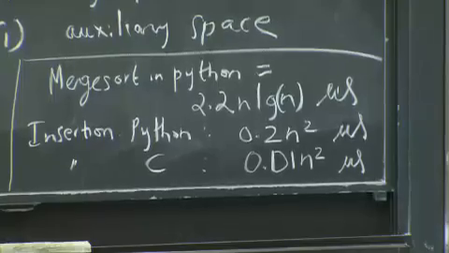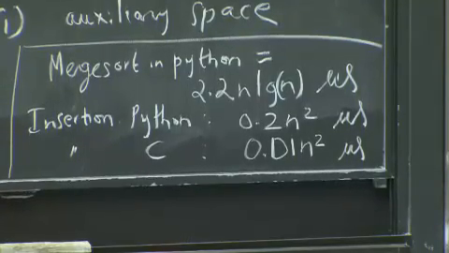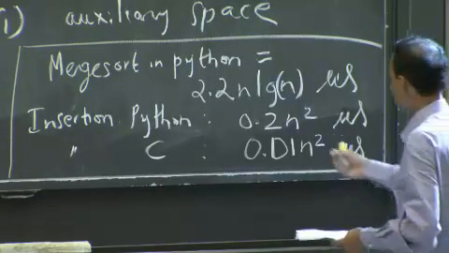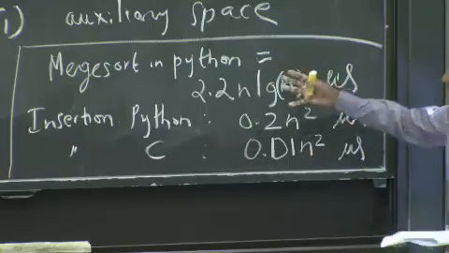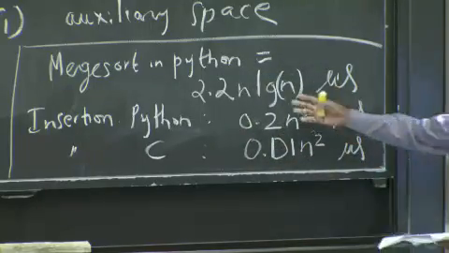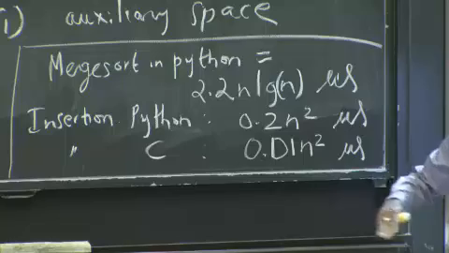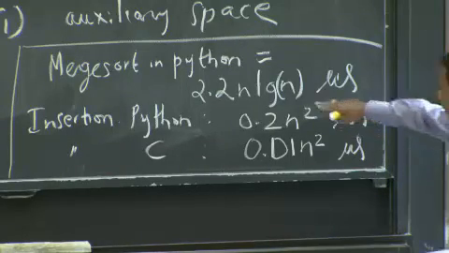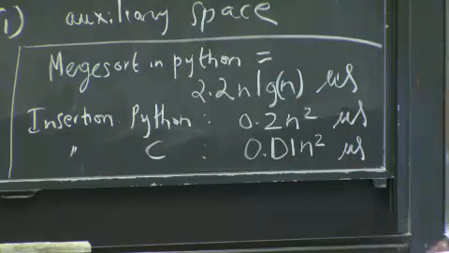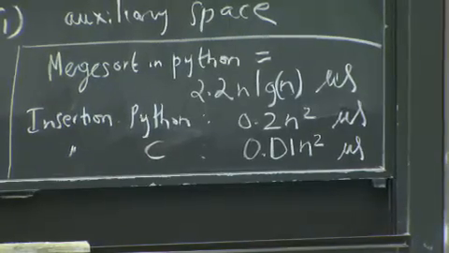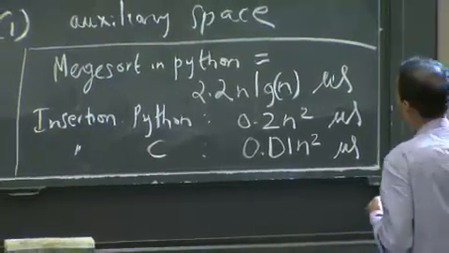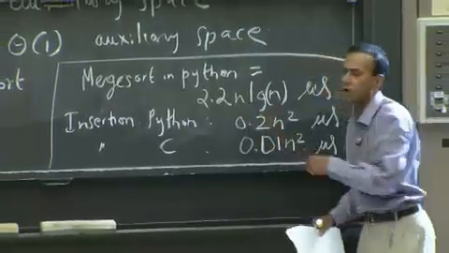It's 0.01 n squared microseconds. Okay? So a little bit of practice on the side. We do ask you to write code, and this is important. The reason we're interested in algorithms is because people want to run them. And what you can see is that you can actually find an n. So regardless of whether you're in Python or C, this tells you that asymptotic complexity is pretty important, because